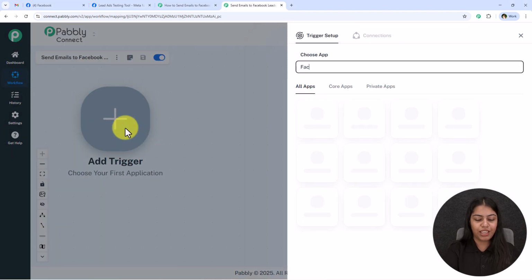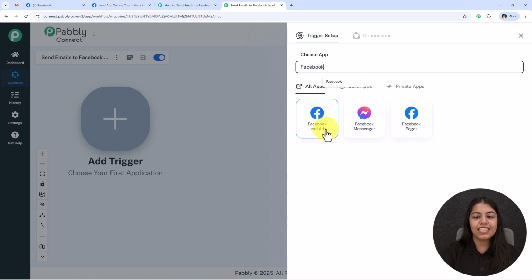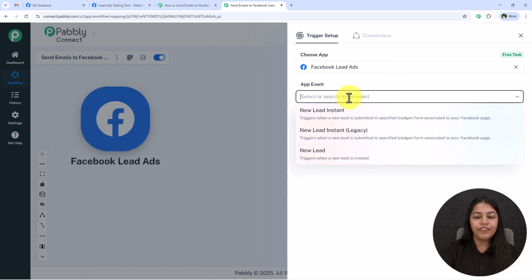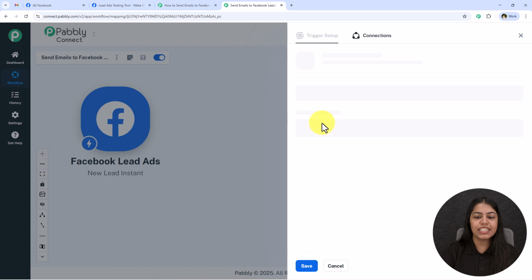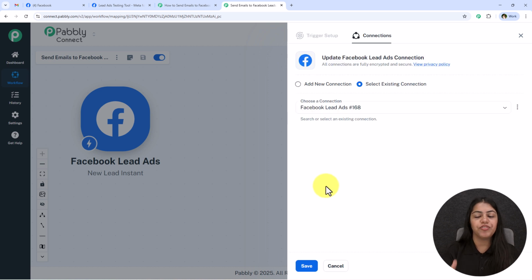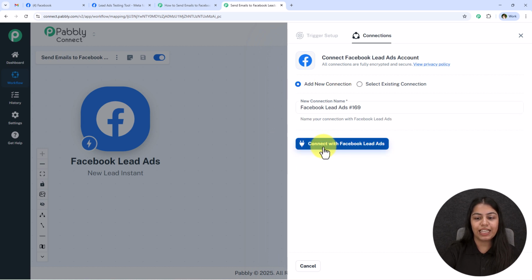For the trigger application, search for Facebook and select Facebook lead ads. For the event, select new lead instant and click on connect. Now if you have already created a connection between Facebook lead ads and Pabbly Connect, then click on select existing connection and then save. But if you haven't, follow me: click on add a new connection and then click on connect with Facebook